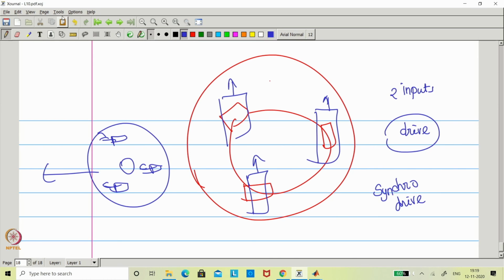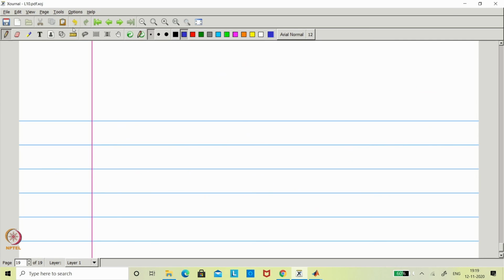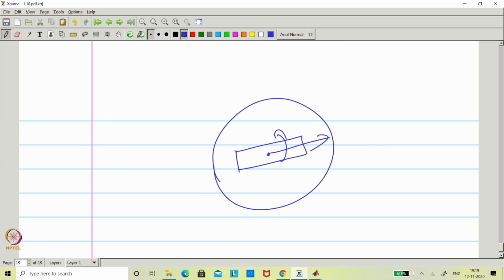Similarly, one additional special drive I can add here is what you call the unicycle, where there is only one wheel, but that wheel can rotate as well as move forward. Since it is a one-wheel drive, it can rotate and move. It is very close to the differential wheel drive, but in the differential wheel drive the other wheel gives infinite resistance, whereas here it is steerable, right? So it can maneuver wherever you want. That is the idea, which you call the unicycle.